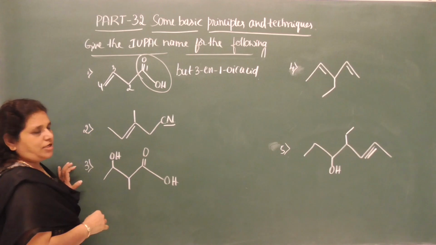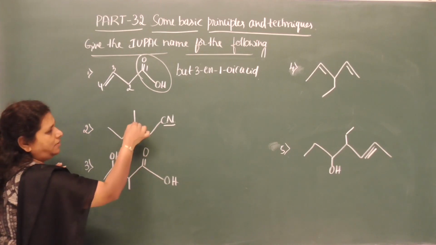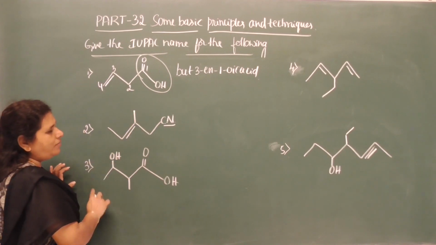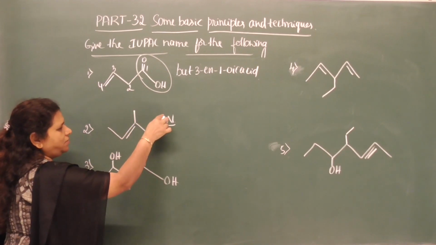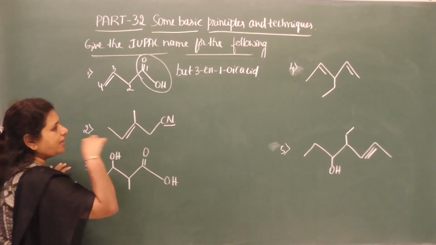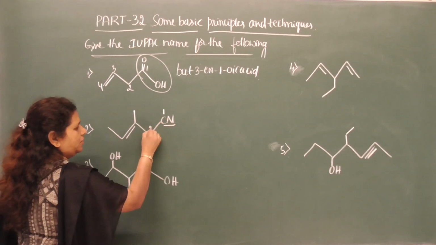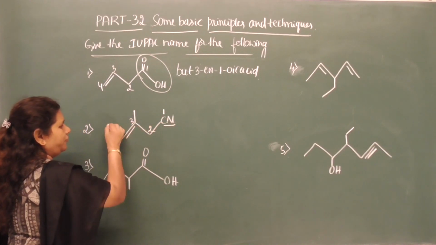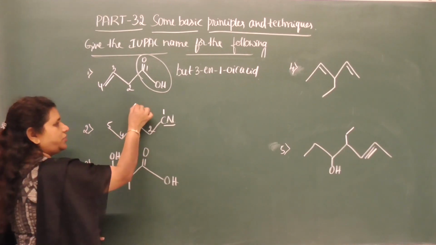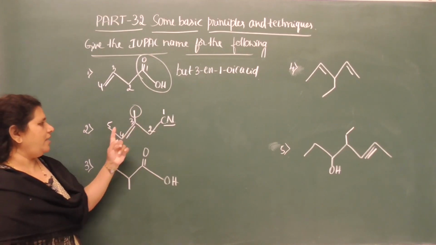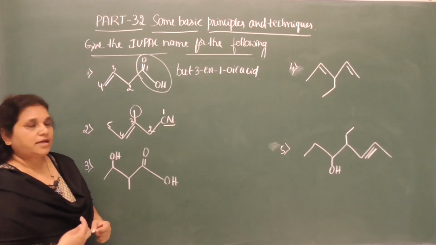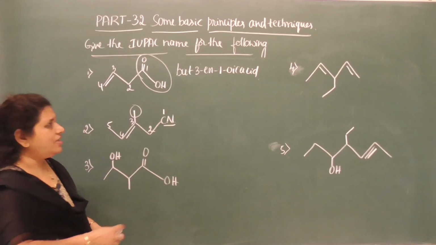Cyanide is the functional group here, and here is a double bond, and here is methyl group, terminal end and indicates the methyl group. Now move on to the selection of the chain 1, 2, 3, 4, 5, and you need to give the preference for cyanide functional group. So 1, 2, 3, 4, 5, and on the third carbon we have methyl group, one substituent group. So 3-methylpent-3-en-1-nitrile. Nitrile is the secondary suffix for CN group.